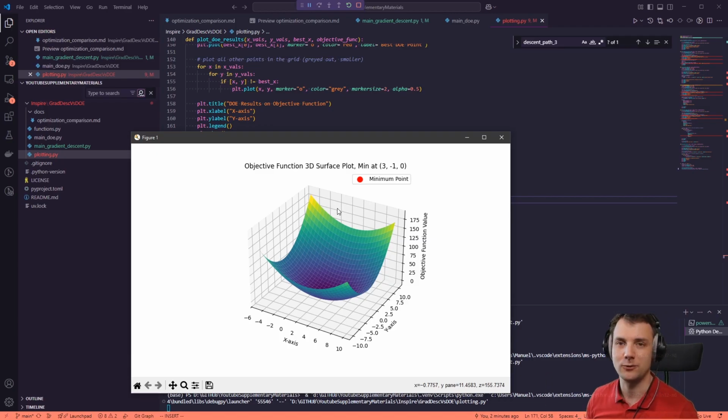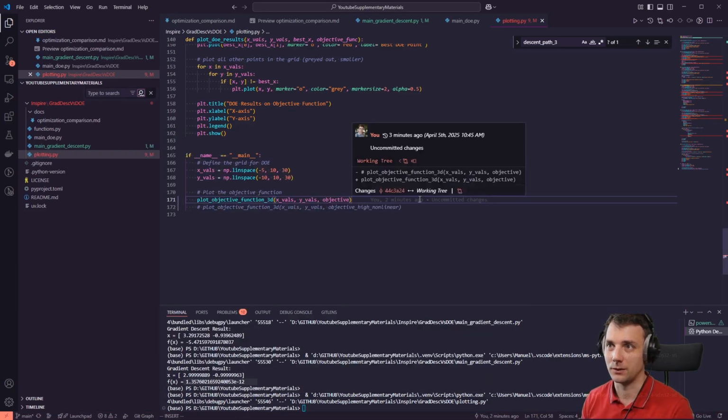You don't have any gradient. You don't know how this thing behaves in the neighborhood of your position where you're at. So basically that's DOE, and therefore it's also a lot better for nonlinear problems, right? Because for nonlinear problems, the gradient is not of much value. If you just think about this thing,